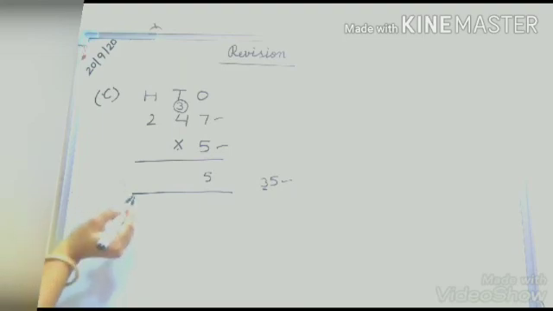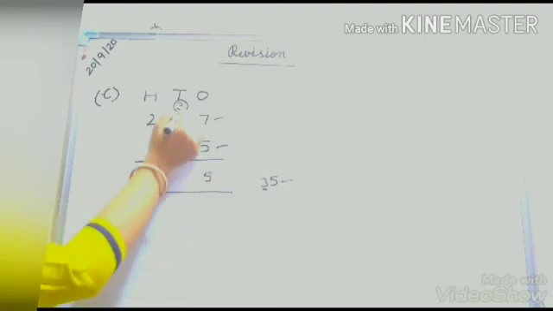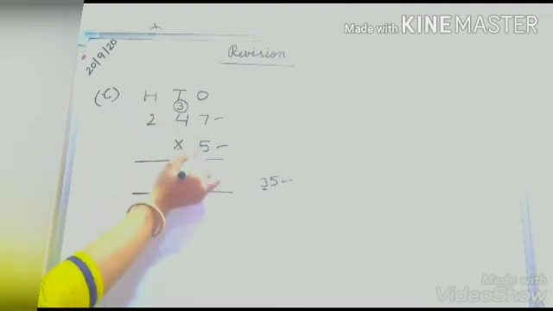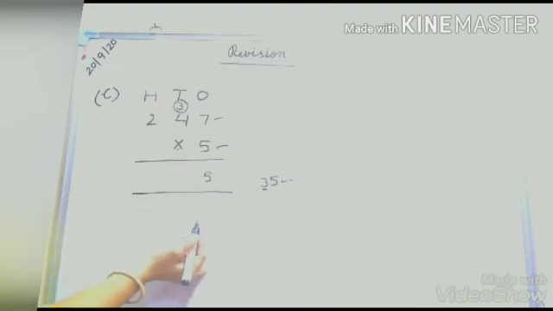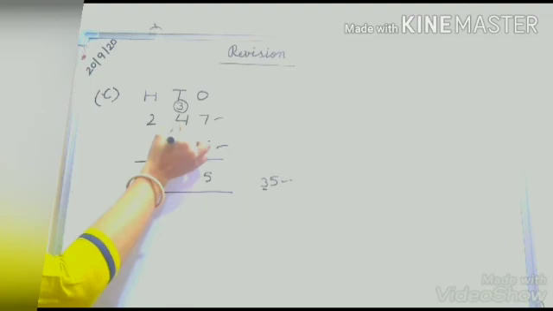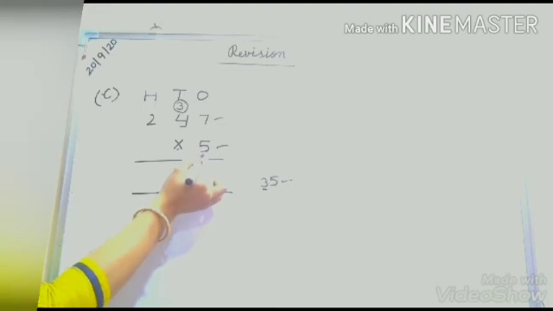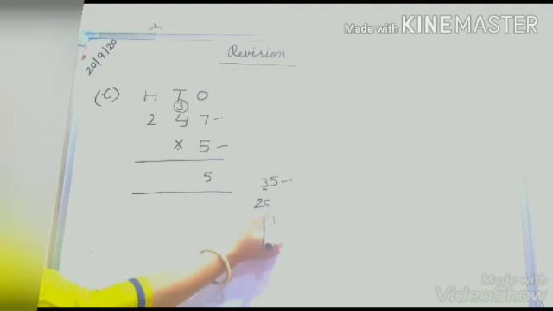Now we come to the tens place digit. Here you always remember that we multiply only the factors, and the carry over digit is used only for addition. When we multiply and we get the product, after that we use this number for addition. Clear? So here the factor is 4. So we multiply 5 with 4. That means we say table of 5, 4 times. That is 5 fours are 20.